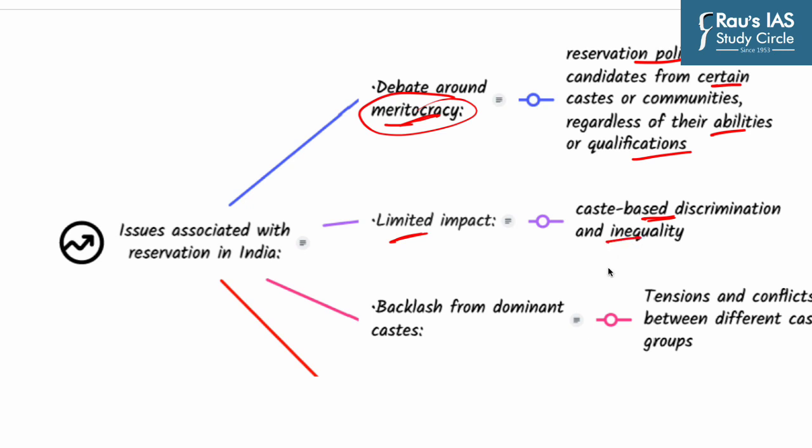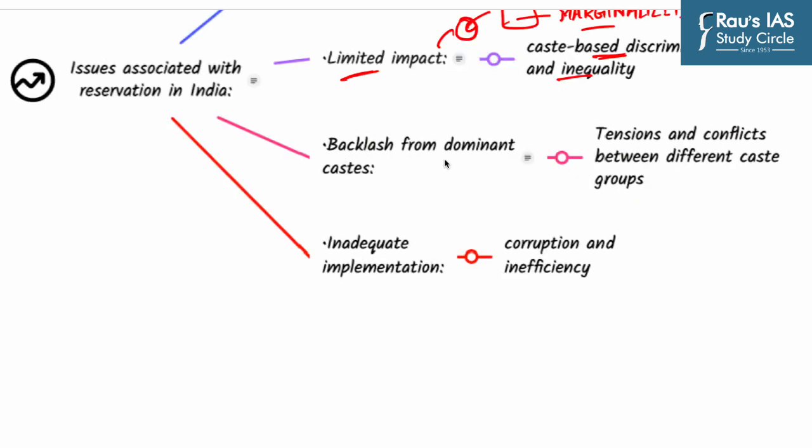Many argue that it has only benefited a small section of the population, leaving the majority of Dalits or other marginalized groups outside its purview. Next issue is backlash from dominant caste. Reservation has often been met with resistance from dominant castes who see it as a threat to their own interests and privileges. And this has led to tension and conflicts between different castes and groups, and in some cases, even